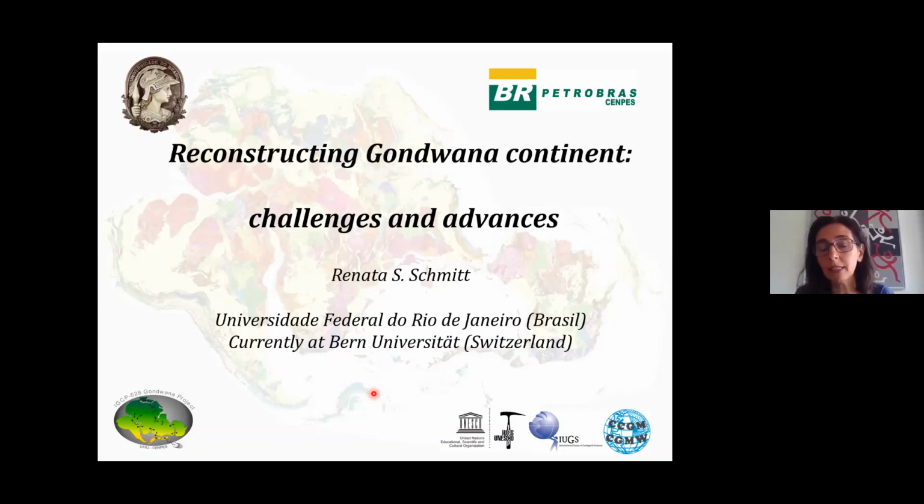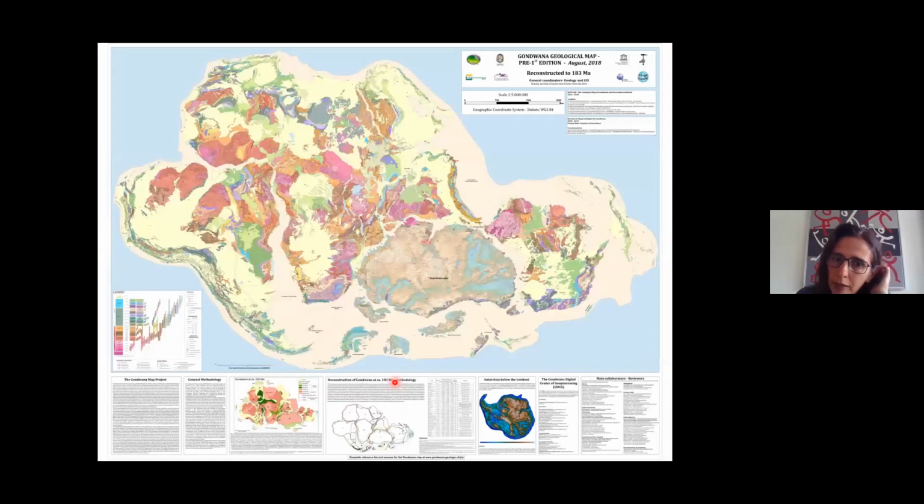The map is still not published, and I would very much like to hear from the people in the supercontinent IGCP how we can interact and what would be important for IGCP 648. That is the IGCP that I lead, about the Gondwana continent. As Sherry told you, I am currently at the University of Bern doing some work on shear zones with Marco Herberg. This is the main product of our IGCP,